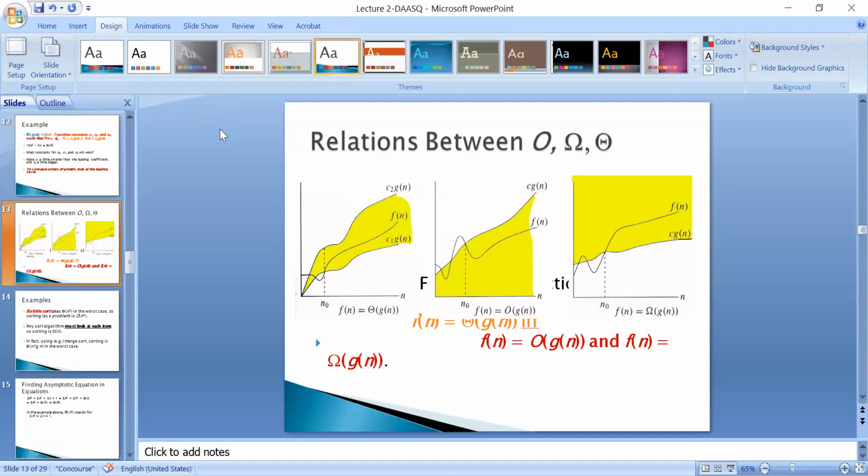So if I have a comparison slide here, if your c in the second and the third graph are different, and you overlap these two graphs, fn is the same, c1 gn is down and c2 gn is up. Can you see my cursor, Amandeep, if I move it on the slide? Yes. Okay, so if you overlap these two,